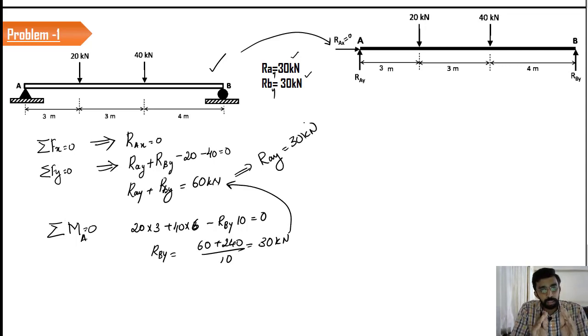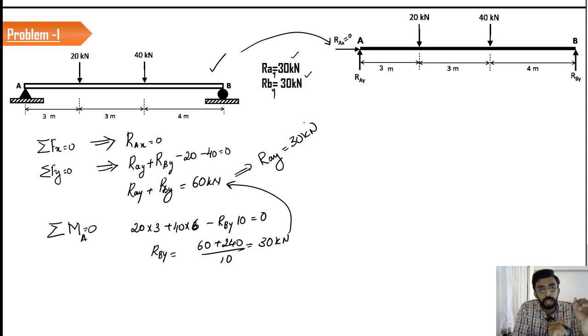So this methodology is the first step you should adopt when you start the solution of SFD as well as BMD. You are supposed to find out the reactions. Now this is the methodology that we have. We are supposed to use Fx equal to 0, Fy equal to 0, moment equal to 0. And don't conclude that always the reactions will be the same. No, for this particular question, we got both the reactions as 30. It can be two distinct values. One can be a positive value, the other can be a negative one. That doesn't matter. The thing is that you have to follow this procedure, and whatever might be the value you get